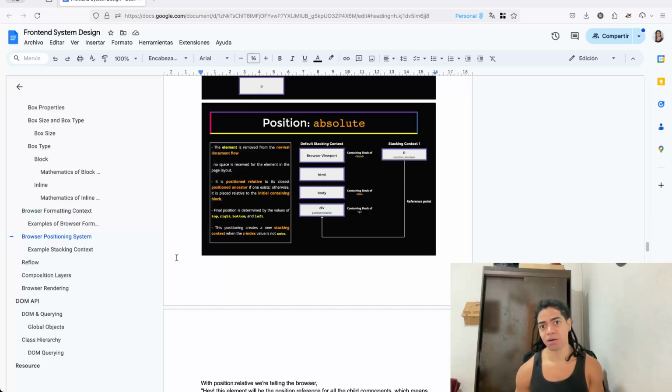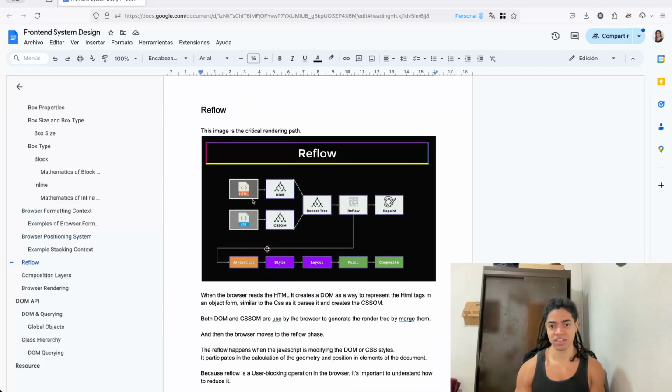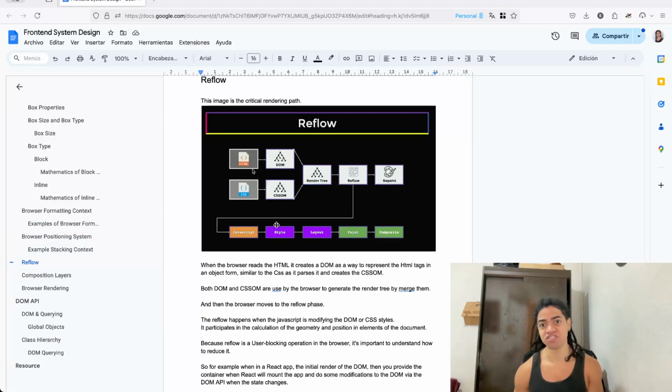Therefore, this is a CPU task. So the more frequently you change the position or the geometry of an element, or if you have to change the geometry or the position of thousands of elements,